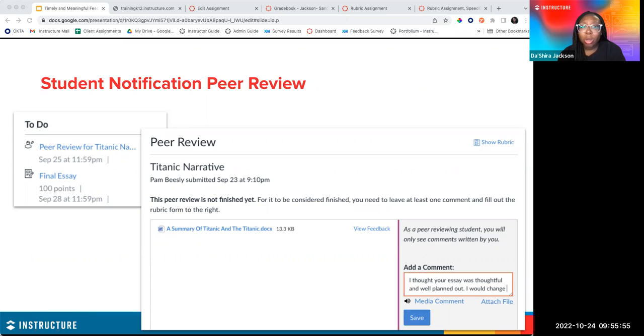Peer reviews are not going to be instant. So if I turn in something, I'm not going to automatically be paired with someone. It may take up to an hour. So that's also something to keep in mind to let your students know. But I think overall peer reviews work really well. Inside of SpeedGrader, you'll get to see the comments that a student received on their particular work. So if you're looking at maybe adding in a peer review component, then I would try this out in your Canvas courses as well.